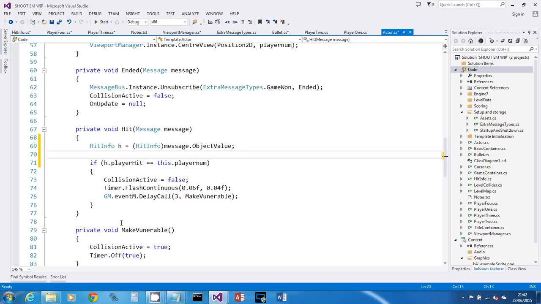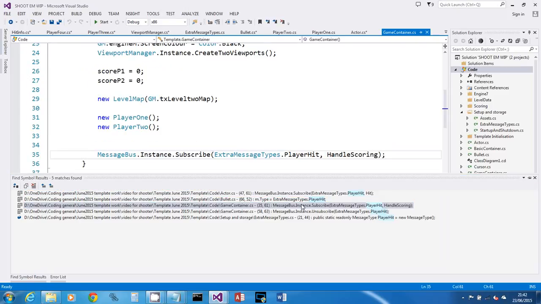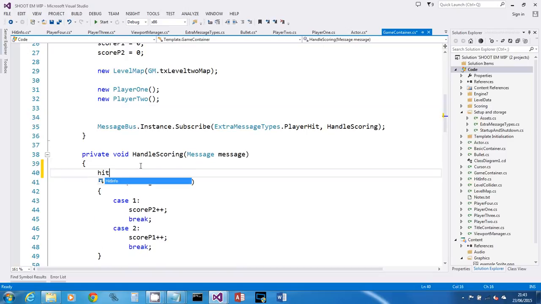Okay, so let's go down to the bottom where it says find symbol results, and we can see the other ones now. So in game container, if we double click on the subscribe line again, we get this thing handle scoring, which is actually just here. So we need to alter handle scoring. Okay, so that handles the new hit info message. Let's just set up the first bit. We're going to say, okay, let's have a hit info object, and that is going to be a cast of